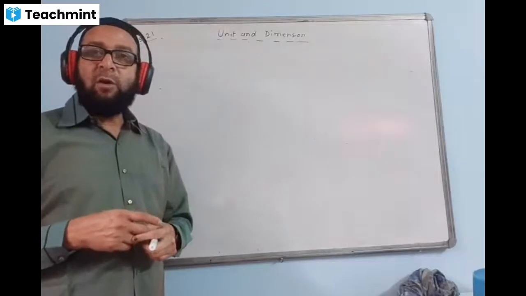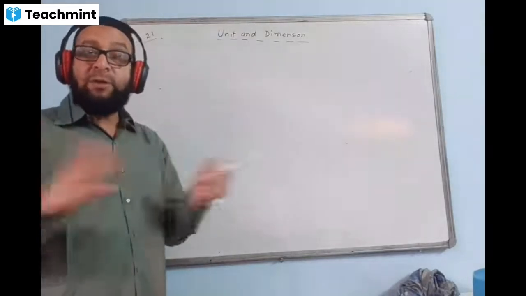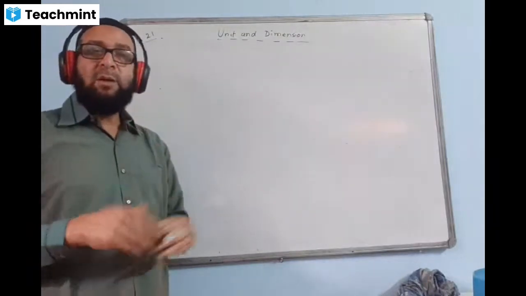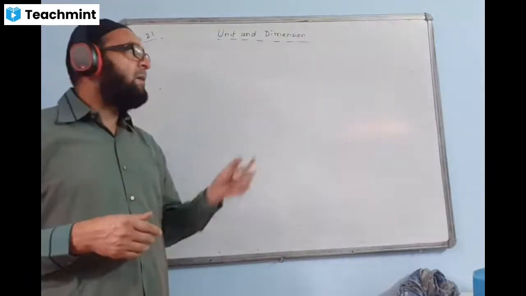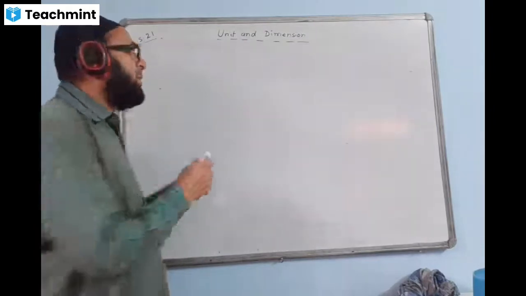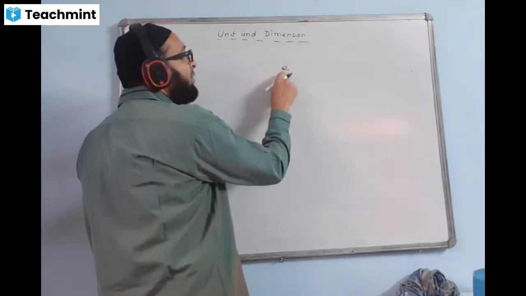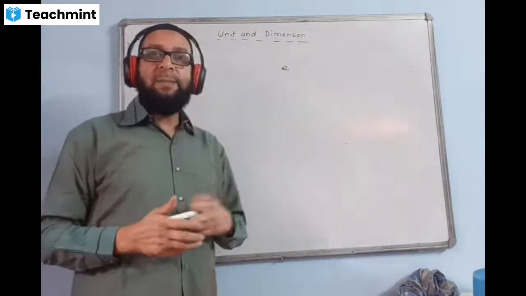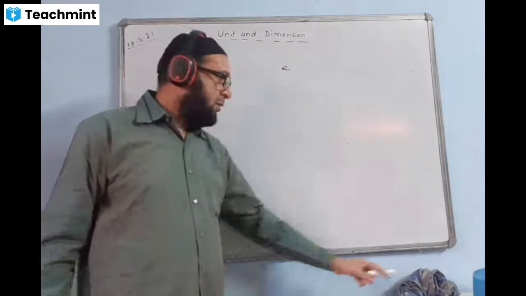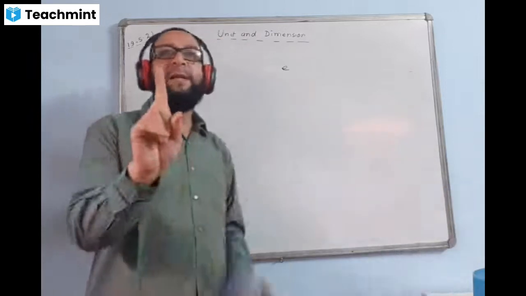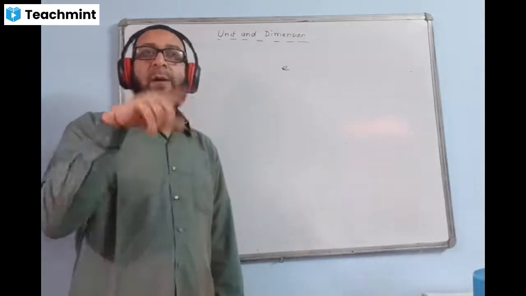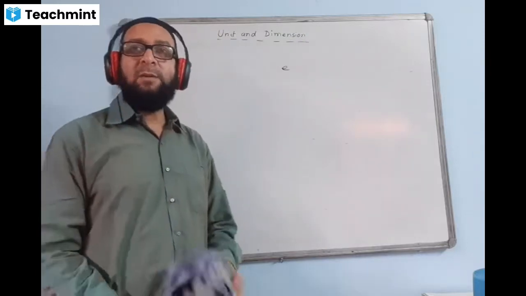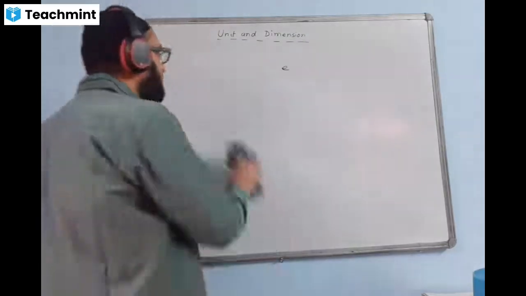Logarithmic quantities also have no dimension. Log represents a kind of number, so it also has no dimension. Then exponential quantities, like e to the power of something, the antilog, are also a kind of number. This also has no dimension. So their dimension value you can take as 1. That means all the powers are 0: M to the power 0, L to the power 0, T to the power 0.